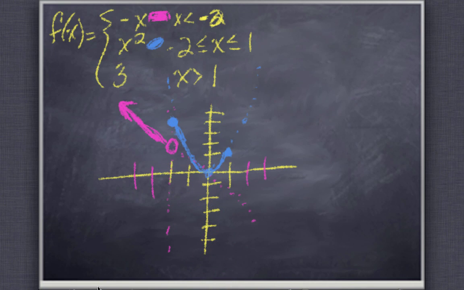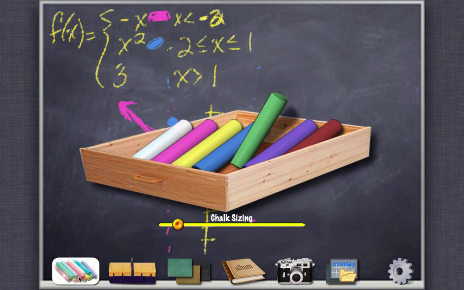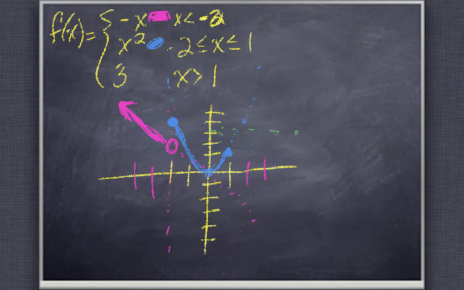And then for 3, it's just this horizontal line, but I'm only starting there at 1. So I go up there and it's not got an equal sign, so it's an open circle, and then it just goes like that. Okay, so then if I were to ask, say, what is f of 0, you'd come over here and say,